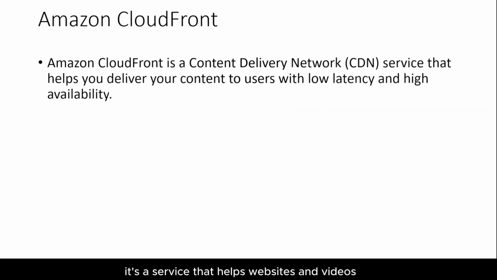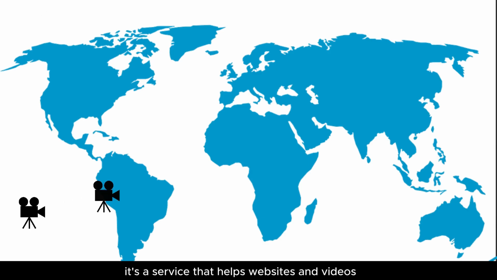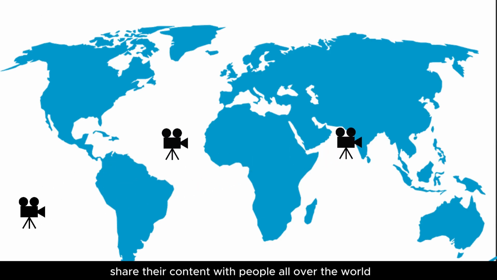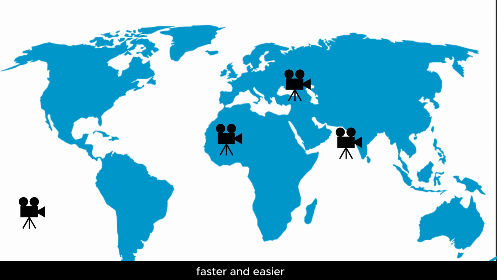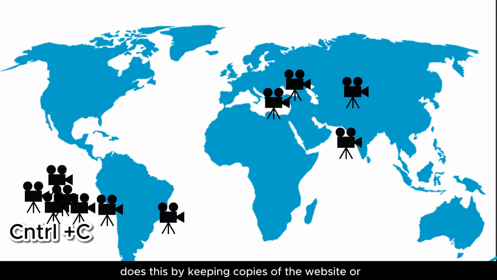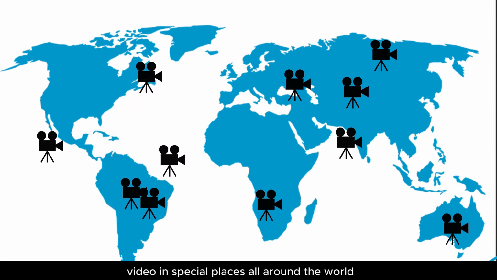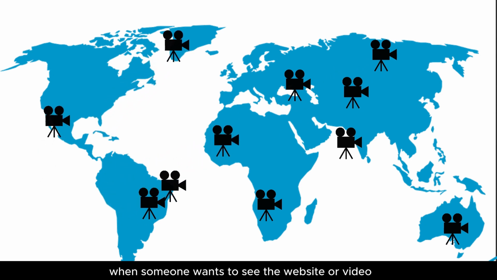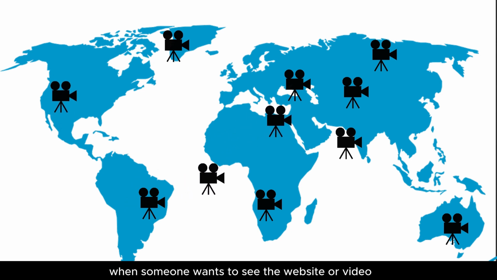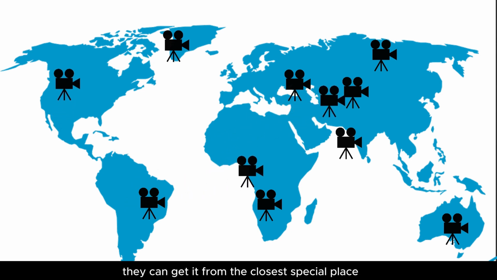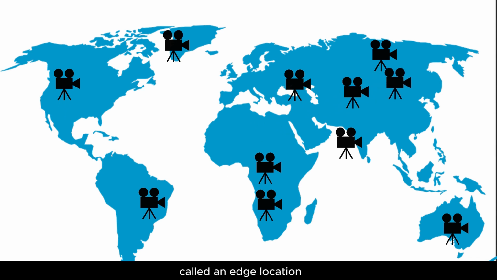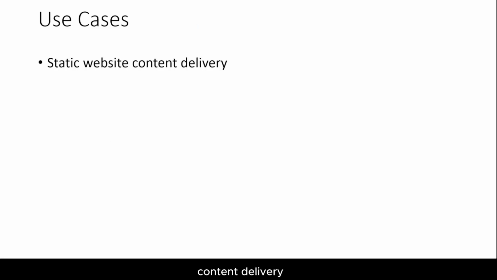It's a service that helps websites and videos share their content with people all over the world faster and easier. It does this by keeping copies of the website or video in special places all around the world. When someone wants to see the website or video, they can get it from the closest special place called an edge location. Some use cases include static website content delivery, serving videos on demand or live streaming videos and APIs,